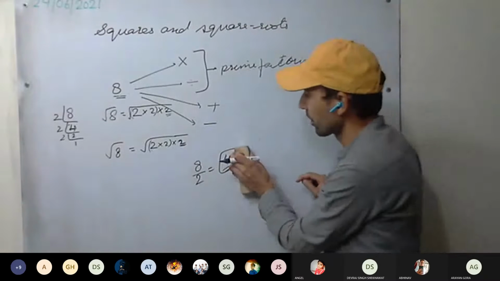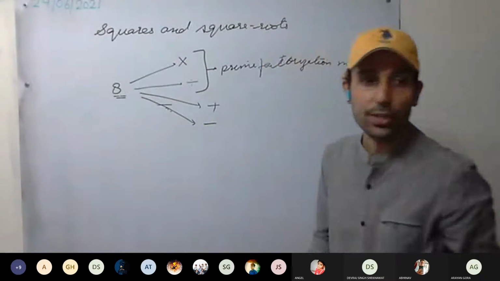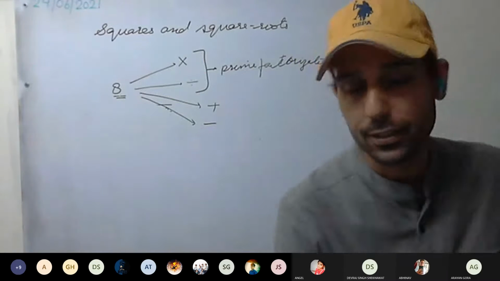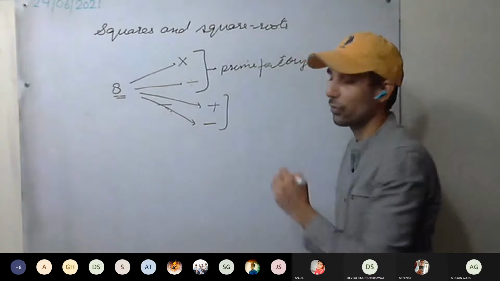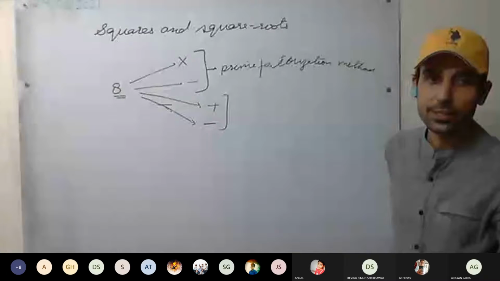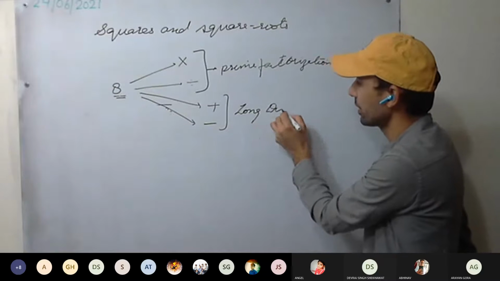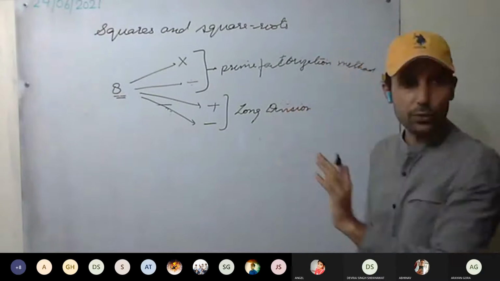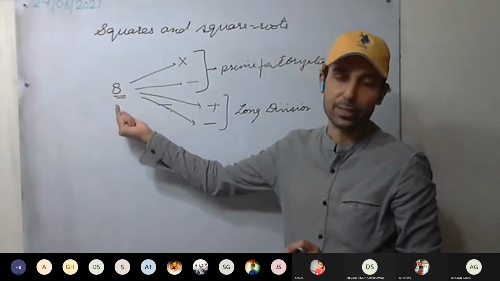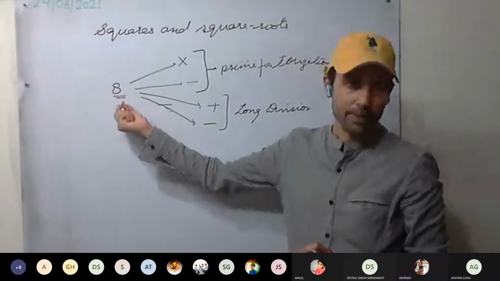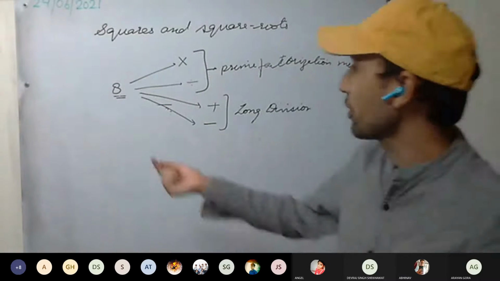This is clear? Okay. Now what number is to be added or subtracted from 8 so that it becomes a perfect square? So which method are we going to use for that? Long division method. Here you already know what number must be added or subtracted. It's a very small number, we can easily figure it out. But for example, if we do not know, we have to find that number.